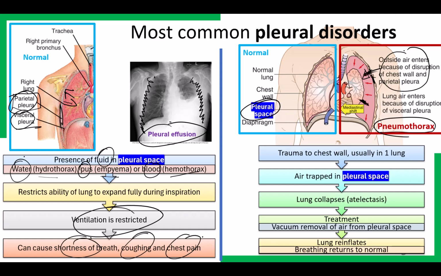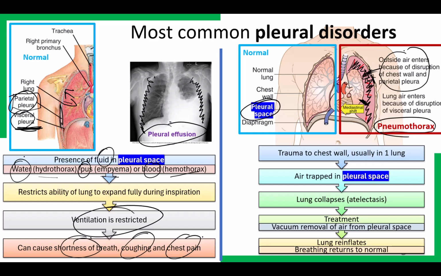And remember, the visceral pleura is the one that's stuck to the external surface of the lungs. And when there's a trauma or a break in there, then air can enter from the lung, from the alveoli, into the pleural cavity, in which case, in either way, what happens is you have an increase in air inside